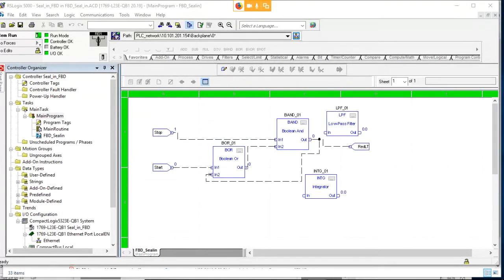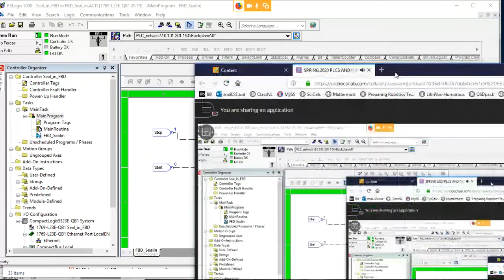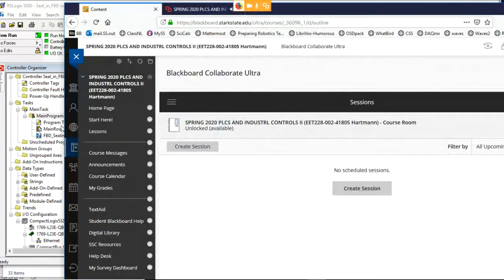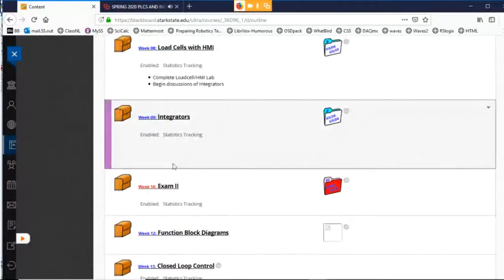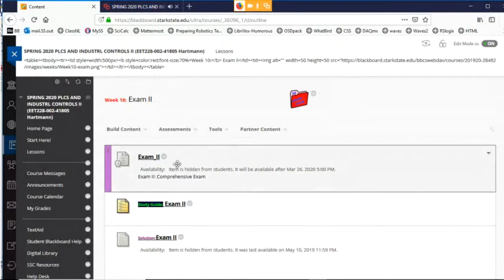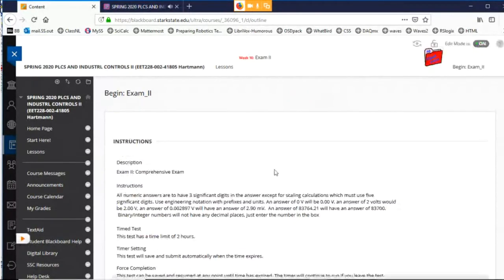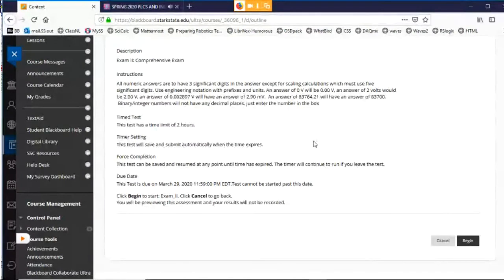All right. I wanted to remind you that the exam is on Thursday. The exam's going to be through Blackboard, and I've already scheduled it. I was working on it earlier today, and we're down here in week 10. If we look at the settings, you can't see it right now because I still have to work on the exam a little bit, so it's not open yet, but it's going to be open